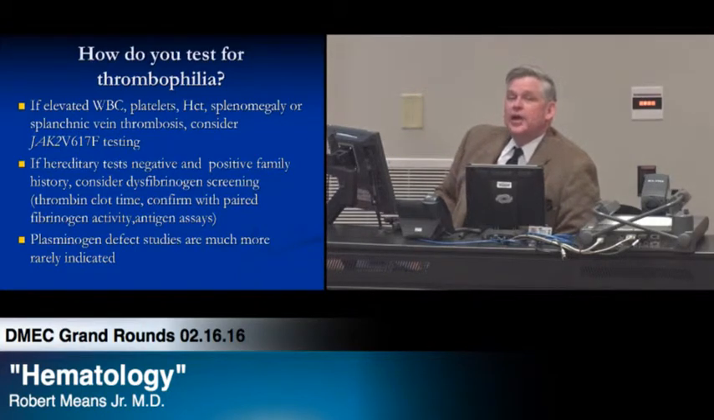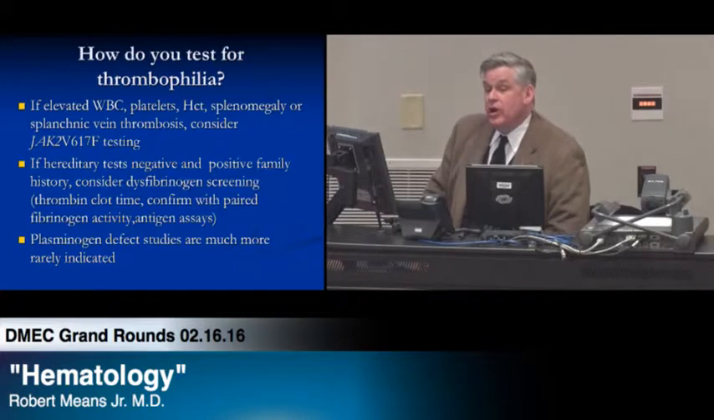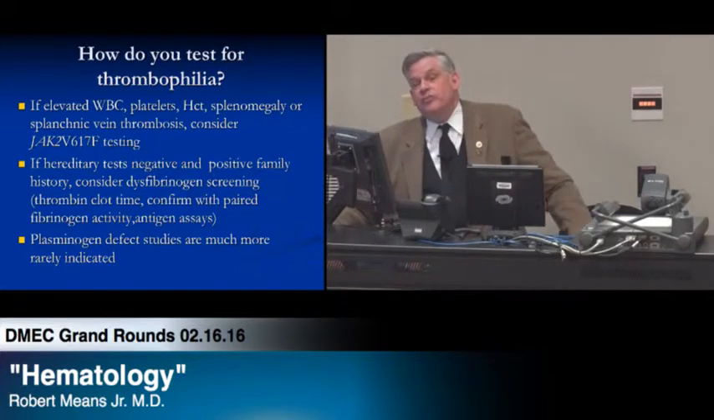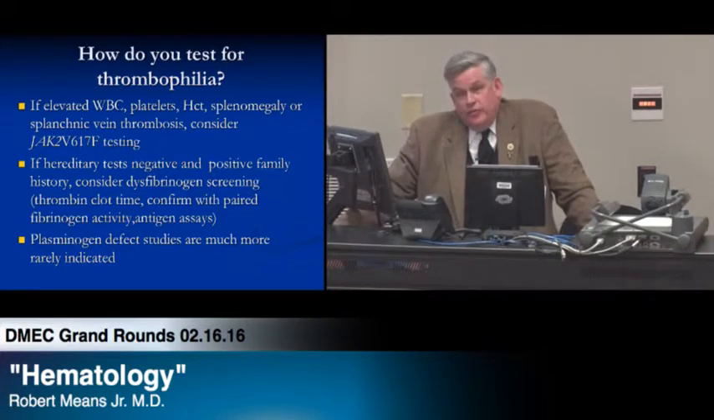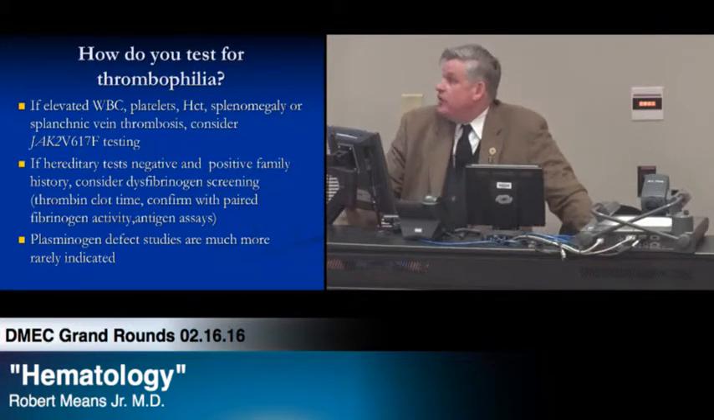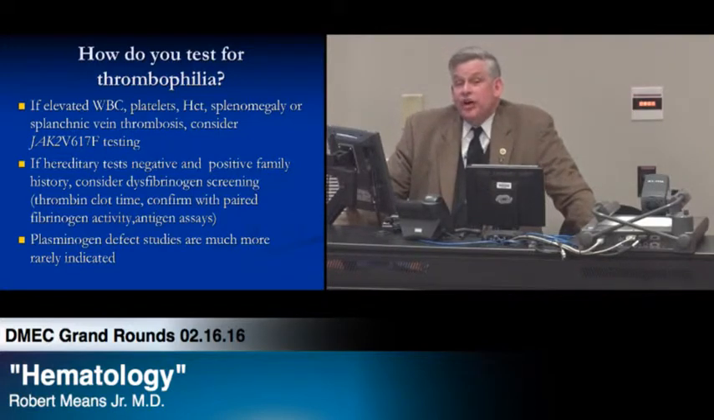If you had a patient who had a thrombosis, and they have an elevated white count, an elevated platelet count, and/or an elevated hematocrit, and/or splenomegaly, or they had splanchnic vein thrombosis, those are things that make you think of myeloproliferative disorders. And you could consider sending off JAK2 mutation testing to see if they have a myeloproliferative disorder, which is associated